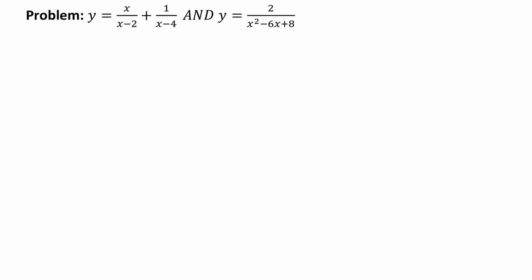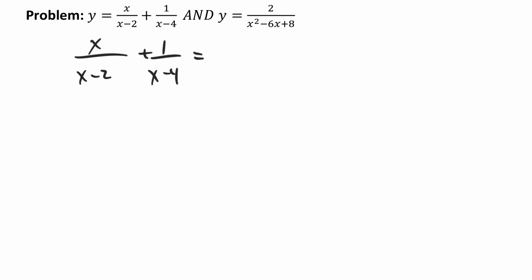So I would like you to go ahead and pause the video and give this one a try. I'm not going to give you the graph to start. I'm just going to ask you to do the algebra, set them equal, solve them, see what you get. And then we're going to compare with the Desmos, and we'll look and see how our algebra matches up with the graph. All right, assuming you gave this a try, we should have x over x minus 2 plus 1